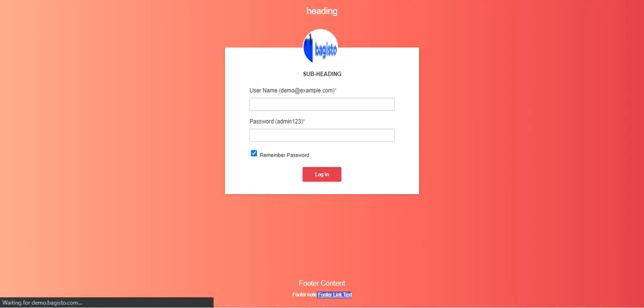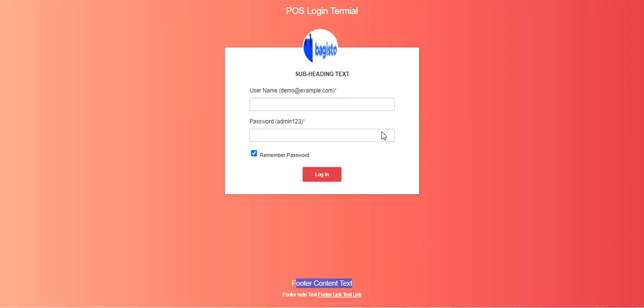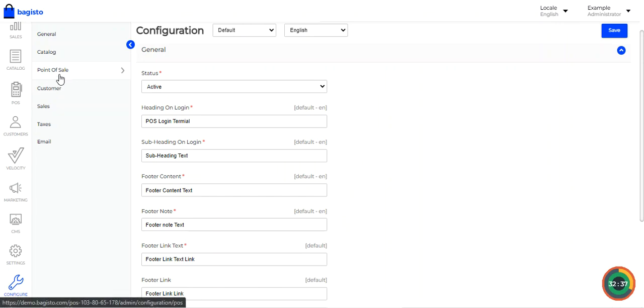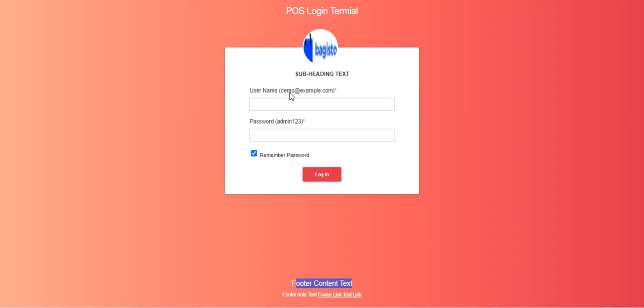Now if I refresh this out, you can see now it's saying POS login terminal, subheading text, footer content text, footer note text, footer link text, text link. So whatever you have set up here would be visible here on this particular screen. So as I've told you in the previous video, this is customizable by the admin from the backend panel configuration settings. Under the point of sale, we have the general settings. So under the general settings, now let me log into the POS terminal there,